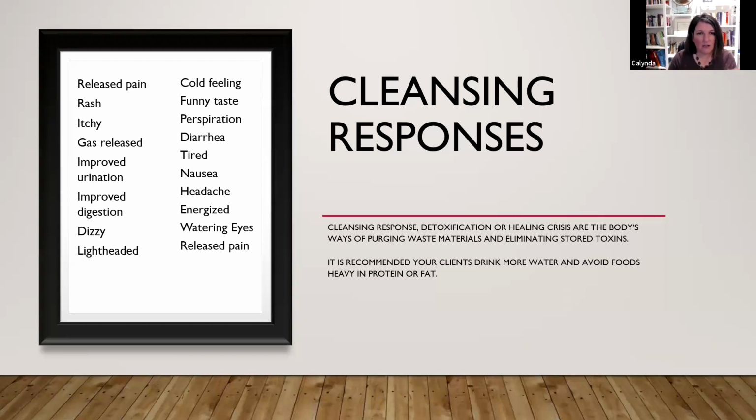Same thing happens when you're working on the bottom of the feet. All the toxins that have settled, that have covered the reflexes, are going to be pushed back into the bloodstream to be released. And when that happens, if there isn't enough water or if there's more toxins, clients might feel sluggish or